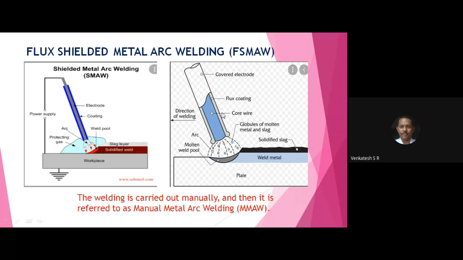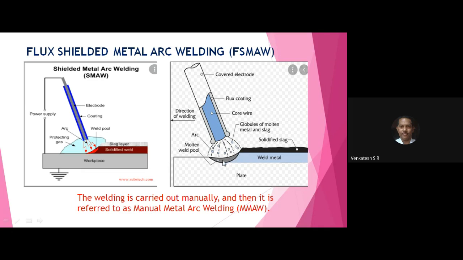This is the direction of welding. This is the flux coating, which is made of iron oxide and beryllium. And this is the core wire or electrode wire made of mild steel. See, these are the globules of molten metal. Just like a balloon, the welding metal pool is covered by flux, which after the welding process is converted into slag, and this is the solidified slag. This is the weld metal, the bead where you have carried out the welding process. This is the molten metal pool. The gray color indicates the molten metal pool.